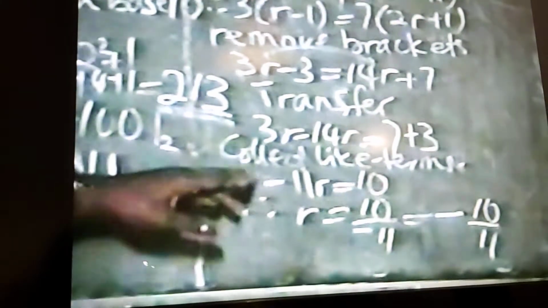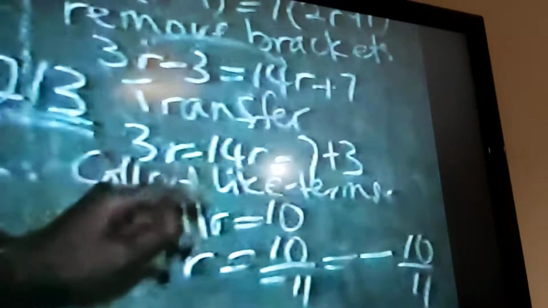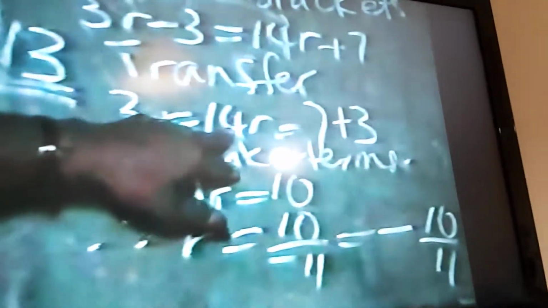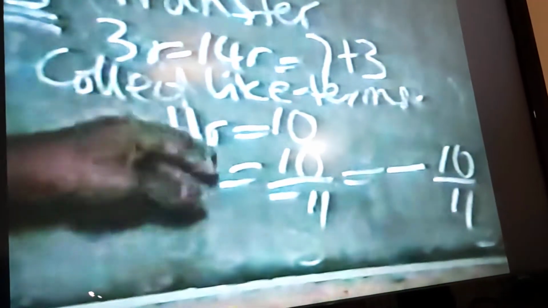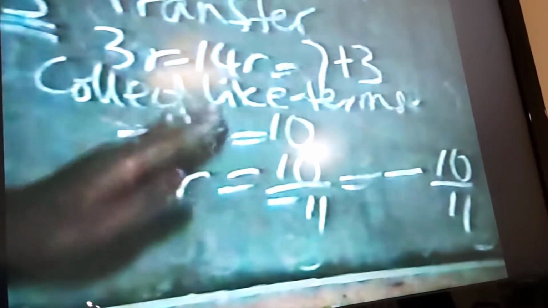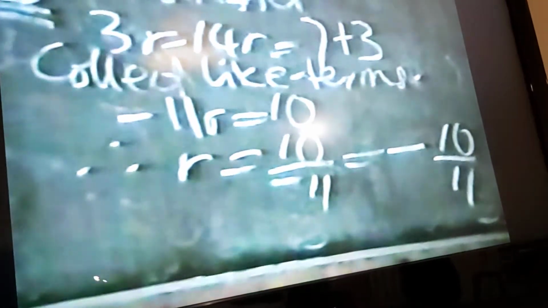Now, one thing you have to note here, you have 3r minus 14r, and what this implies that you have 3r, you are owing 14. You have to pay with what you have, and you still be owing 11. So just balance off whatever result you have. It could be positive, it could be negative. Just take one away from the other. Give the sign of the bigger one. Number 6, we'll now take